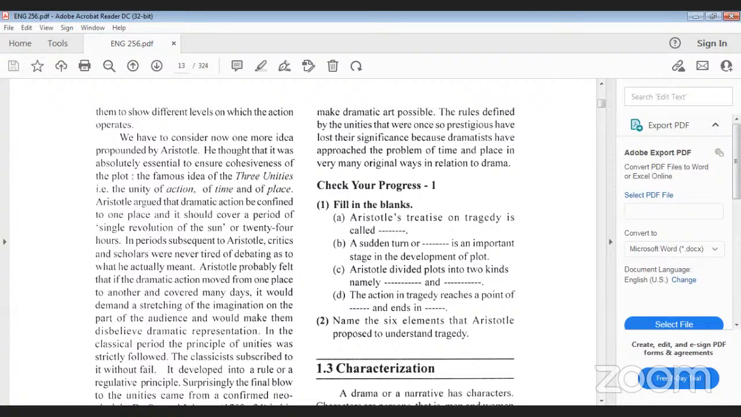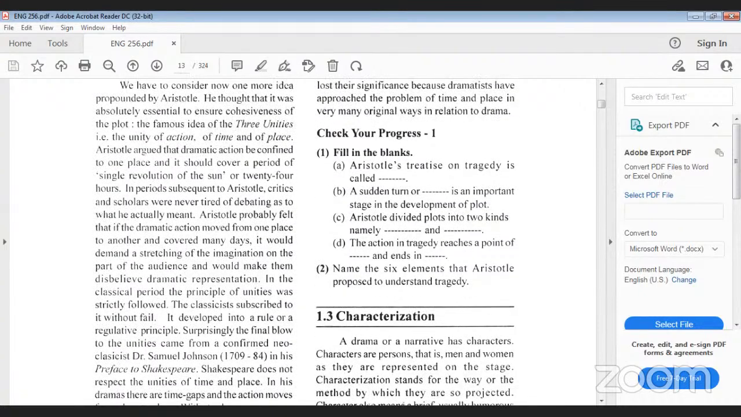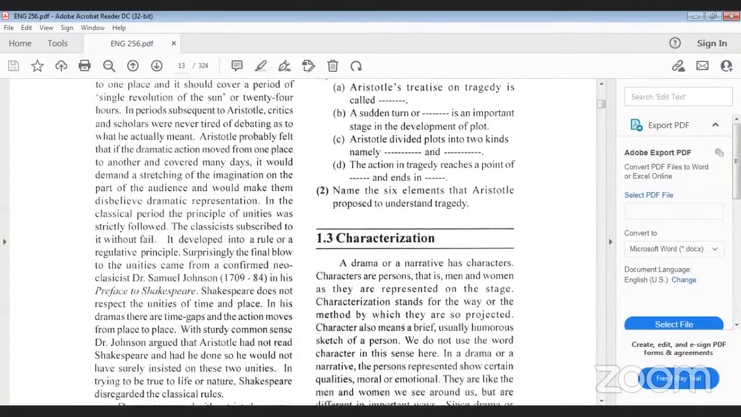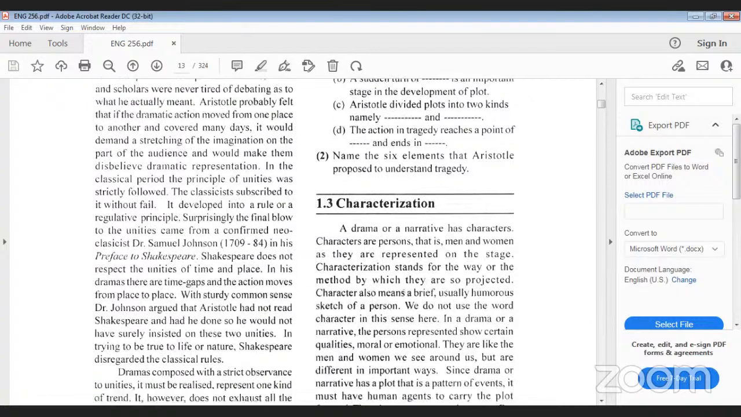It developed into a rule or a regulative principle. Surprisingly, the final blow to the unities came from a confirmed neoclassicist, Dr. Samuel Johnson, 1709 to 84, in his preface to Shakespeare. Shakespeare does not